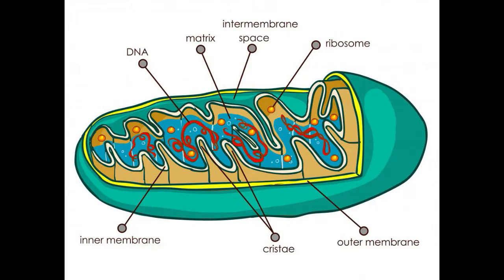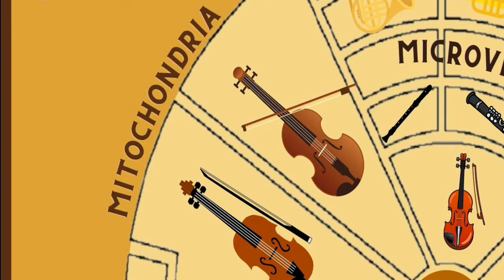Next up, we have the mitochondria. And yes, the mitochondria is the powerhouse of the cell. It generates most of the chemical energy needed to power the cell's biochemical reactions. The powerhouse of the orchestra is the violin section, and here's why. Similar to the mitochondria, the violin section of an orchestra is the most powerful section and what leads the melody. Take a listen to this musical piece. You can hear the violin being the most powerful aspect of the orchestra.